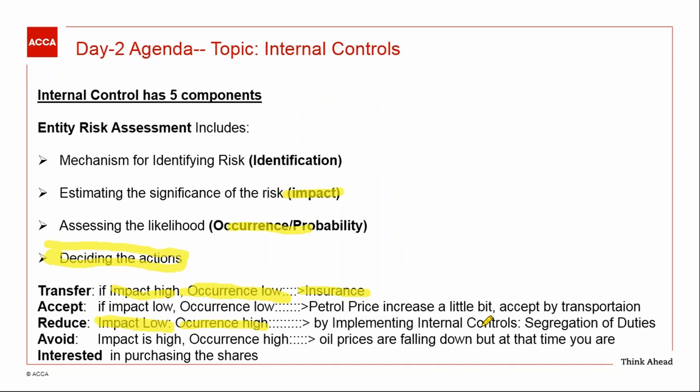Now, the fourth and last strategy is avoidance, that you can avoid the risk. You will not accept it, you will not transfer it, you will not reduce it, you will avoid the risk. Very interesting. In what scenario will you avoid the risk? You will avoid the risk when the impact is high and the occurrence is high as well, meaning both elements are at a high stage. Their damages are high, their occurrence is high. Both things are high. So in that case, we will avoid the risk.